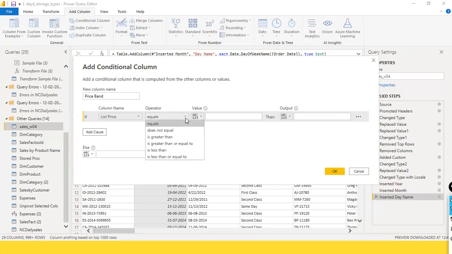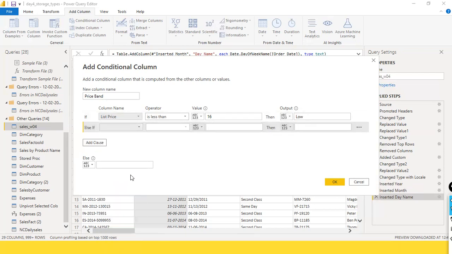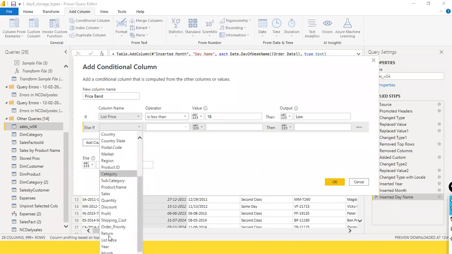List price is less than, let's say I'm going to say $16. The reason why we are doing this is, if you have a column like price band, you can find out how much sales we made, how much net profit we got across different price bands. This is one type of reporting requirement from your management. Since we are creating this conditional column,